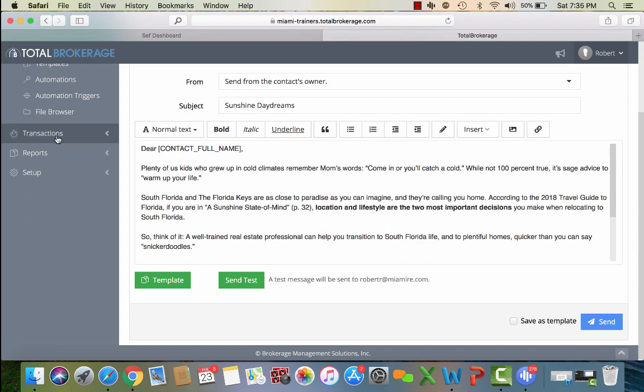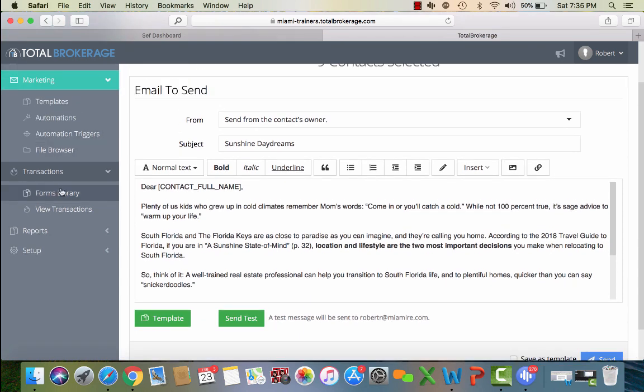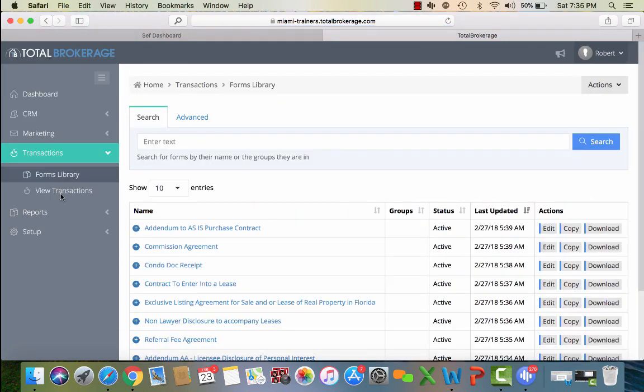Inside of Total Brokerage, you also have access to Transactions. Transactions gives you the forms library, which is your Florida Realtors forms. You can manage your transactions from inside of the Total Brokerage system and also use their email signature available through